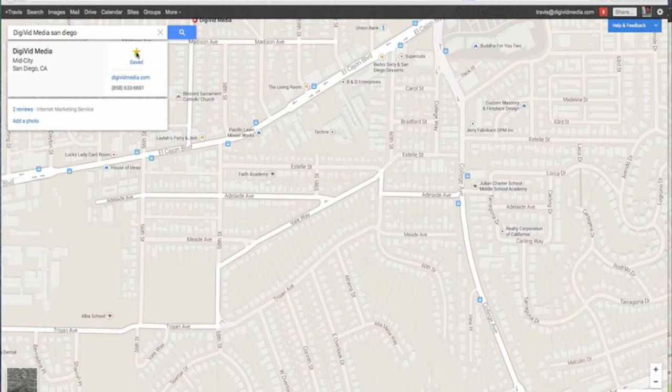You can star it so that you can save it for your own maps. You can go to my website, call me, or you can go and see the reviews or do a review. Now, these areas are more for prospective clients and present clients to get to you, find you, connect with you, and hire you. So it's important to set your Google Places up properly. And I will show you here in a moment how we get there.